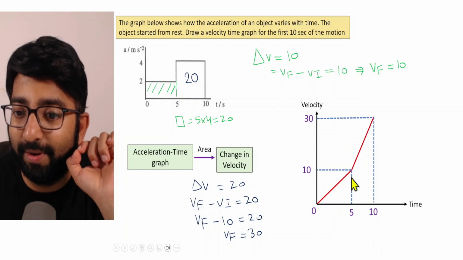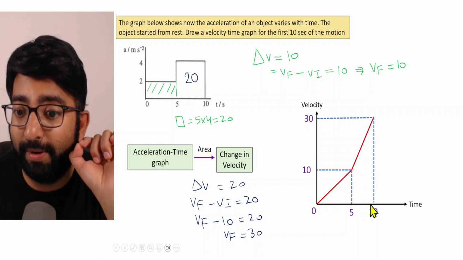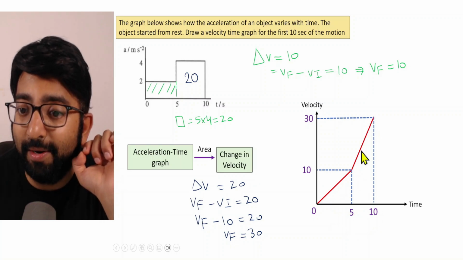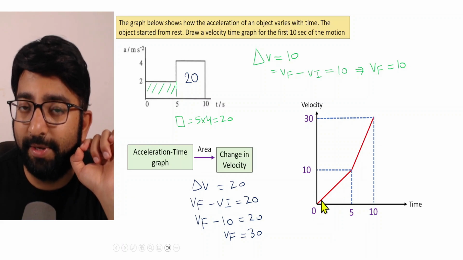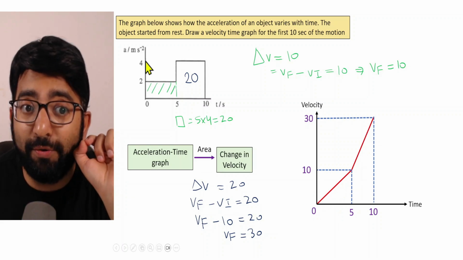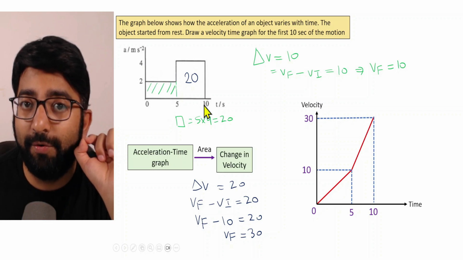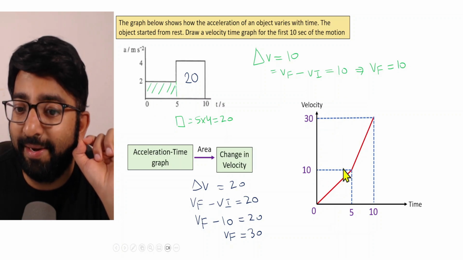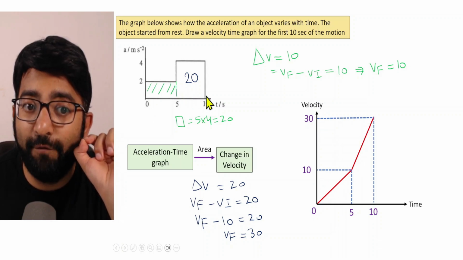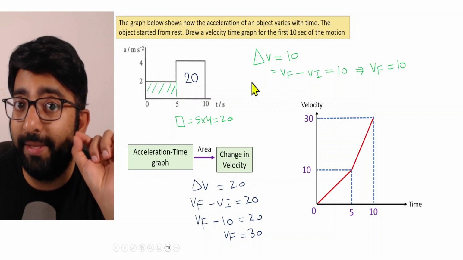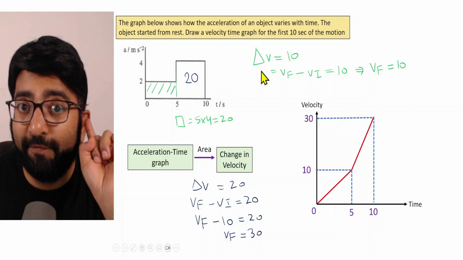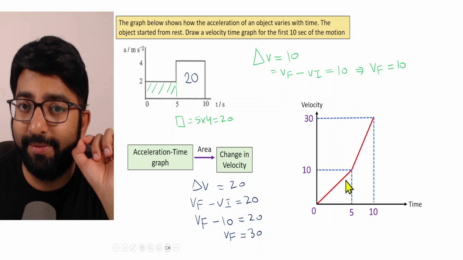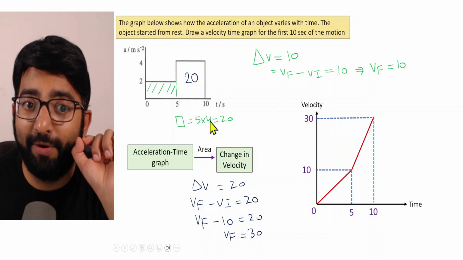Now, as you can observe, the graph in both these cases is a straight line, but from 5 to 10 seconds, the line is a lot steeper, which means the gradient of this graph is much steeper than in the first case. And why is that? Because the magnitude of acceleration was greater from 5 to 10 seconds. Let me repeat, from 0 to 5 seconds, acceleration was 2, which means the gradient of this graph needs to be 2. From 5 to 10 seconds, the acceleration is 4, which means the new gradient should be 4. And 4 is greater than 2. And that is why this second line is a lot steeper than the first line. And that is how we draw a velocity time graph for such questions.